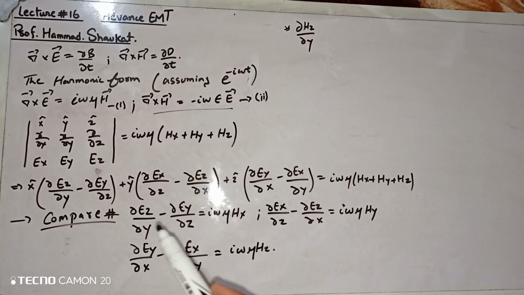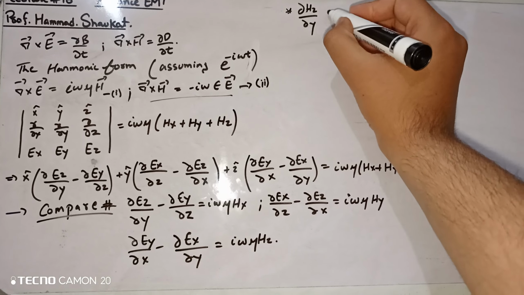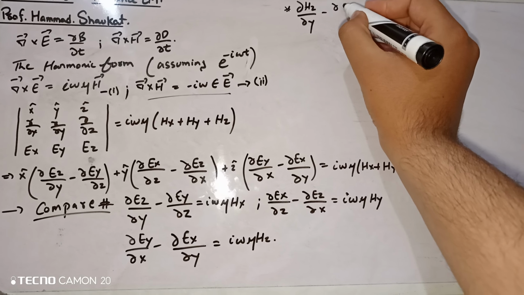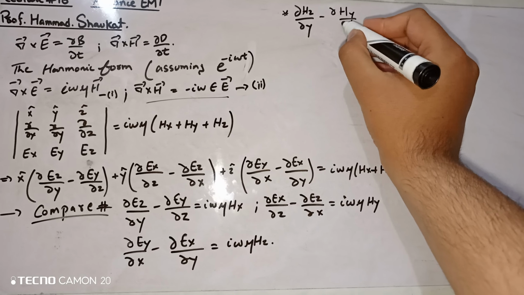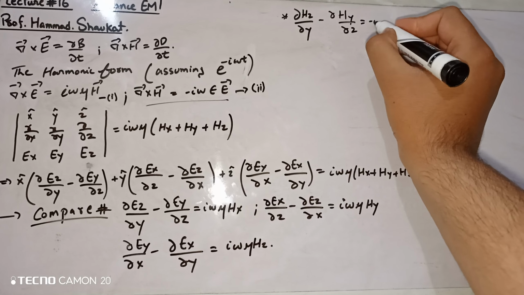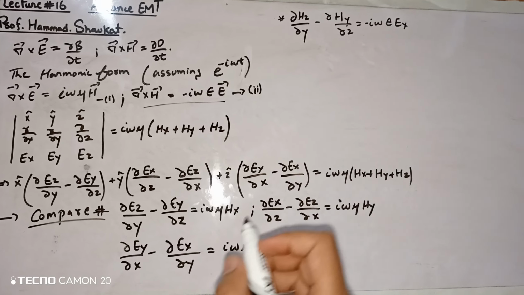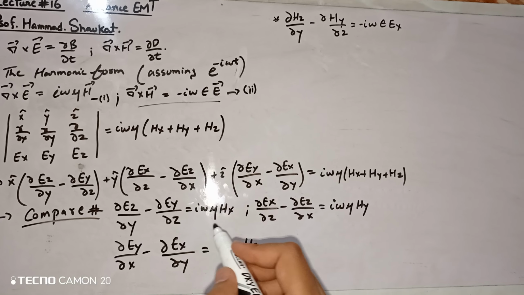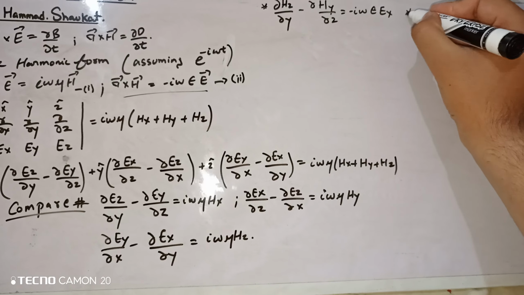Similarly, you can see I'm writing from his partial as because of h, so minus ∂Hy/∂z becomes equal to minus iωεEx, as I write this. Okay, now rewrite this equation for this. It becomes, let me write here,